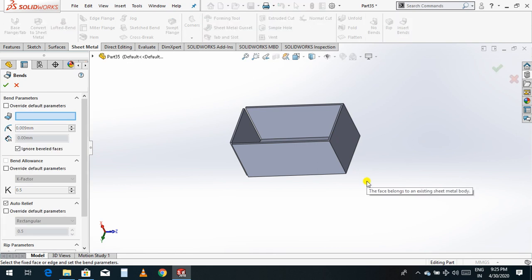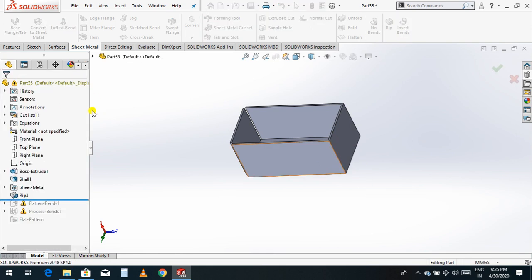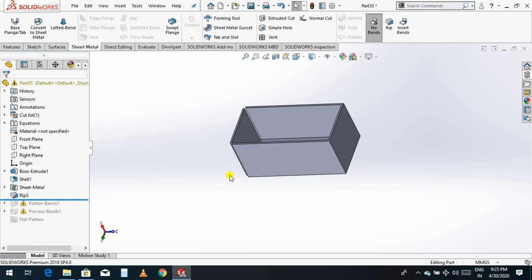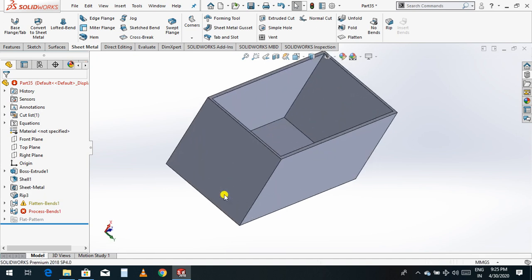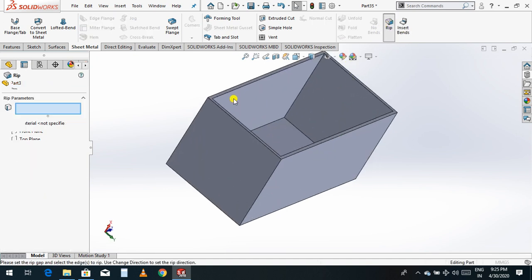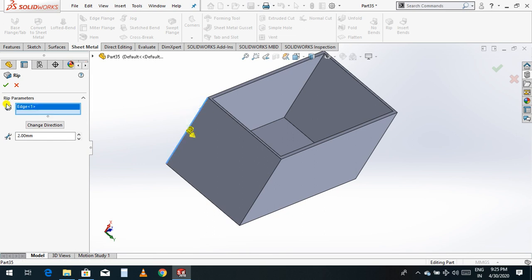I think you need to go back. Rip of this corner, okay.